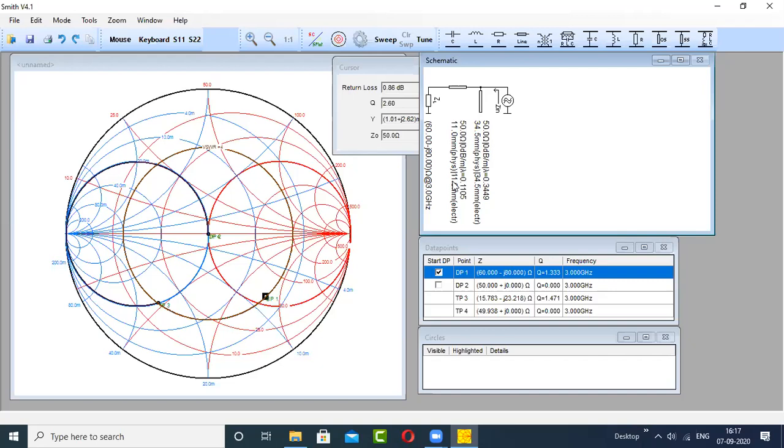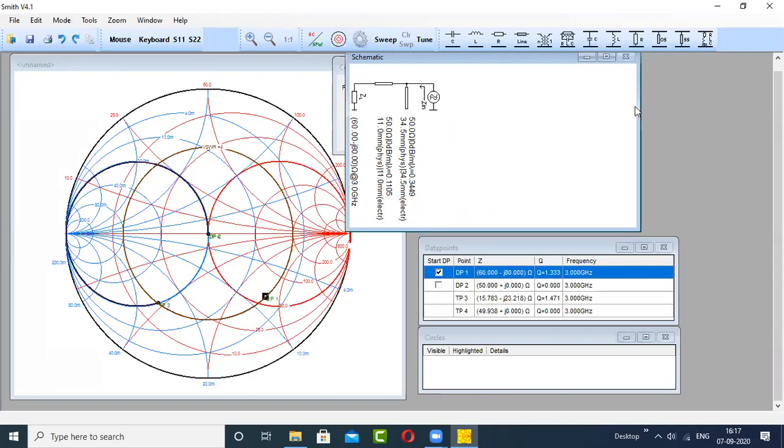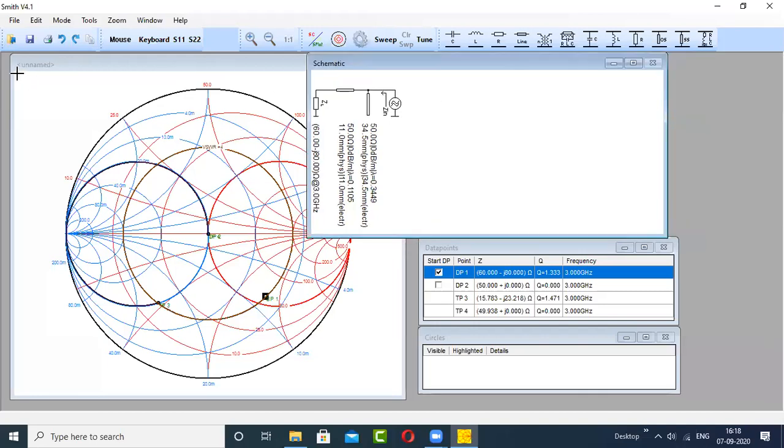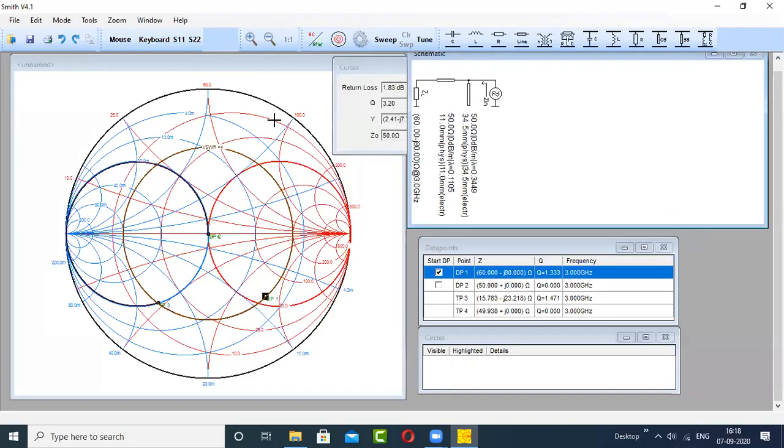Once again, I repeat that when you are going to submit the experiment, this circuit diagram is required because it will help us get an idea about your answer, like the length of the stub and the location of the stub. And this Smith chart diagram is required so that we can understand that you have used the correct procedure. So these two things are required, one above the other, or you can keep it like this, and you can cut this portion from Paint, or whichever tool you are expert in. Okay, so we'll move to the second example.